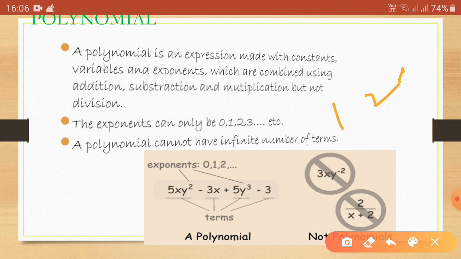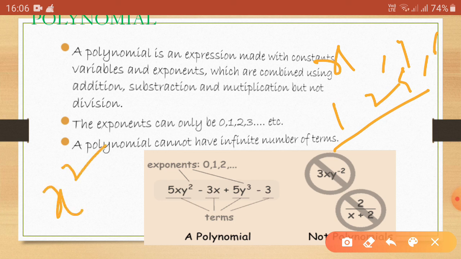1, 2, 3, that has the value are all known as the constants. X, Y, B, A, all these unknown numbers are known as the variables. And we know what are the exponents. Exponents means, suppose I am writing x to the power 2, so this is known as the base and this is known as the exponent.